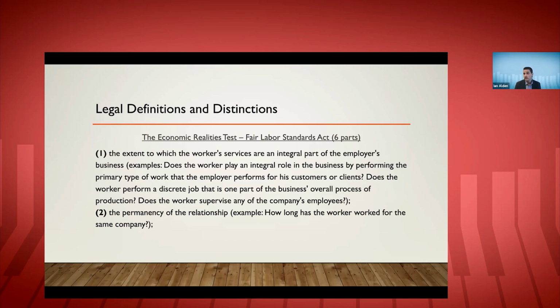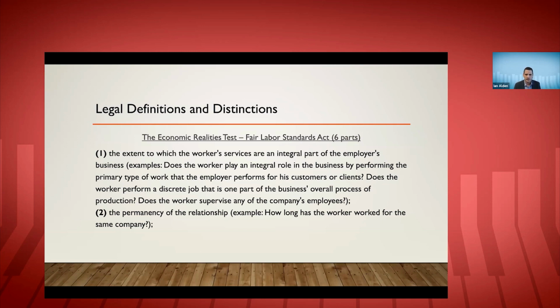I like to call this the once and future test, because there's a rule in place right now that superseded this, that's about to get superseded by this. We're essentially going back to this, but it's called the economic realities test. This has been the test that's been applied in federal jurisprudence and federal case law, and by the DOL and federal agencies for going on 70 years, give or take. I mean, it's been in place for a long time in various iterations.